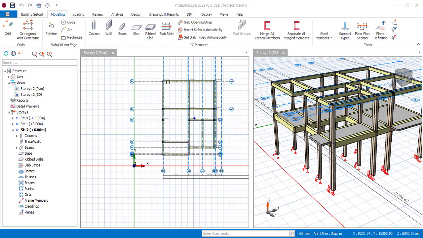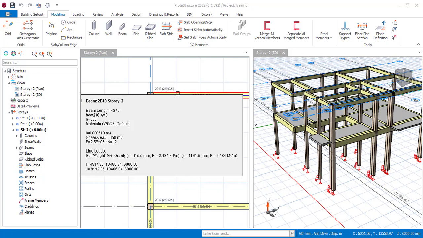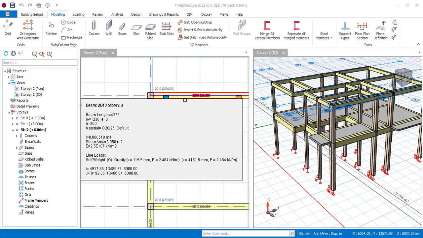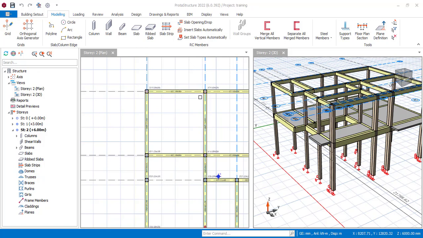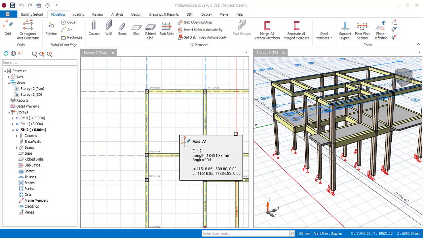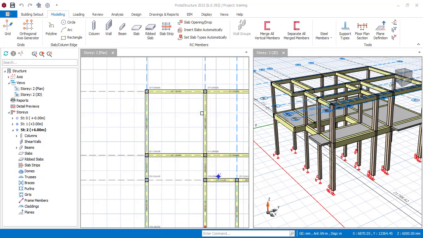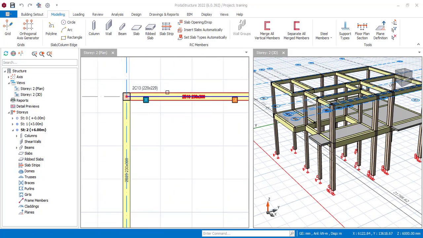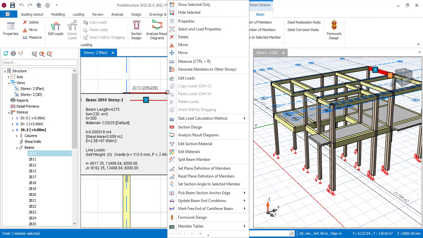Alright, on this episode, I'm going to be showing you how to add your wall load to your model. Along these beam lines, we can add a wall load. What wall load means basically is the walls that are actually going to be resting on these beams. If you right click on any of these beams and go to edit